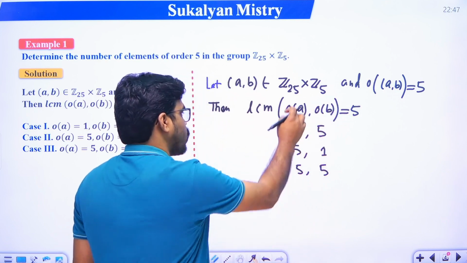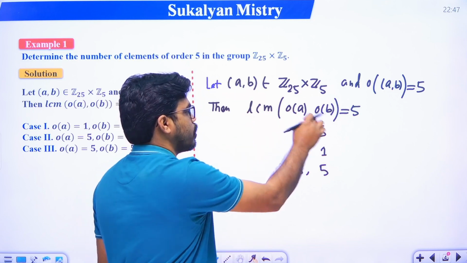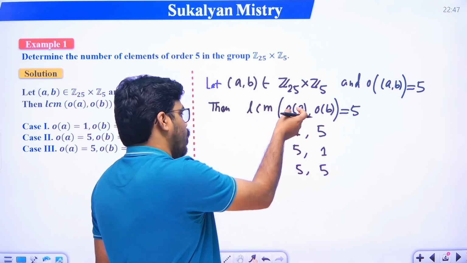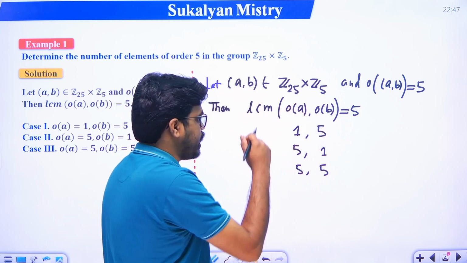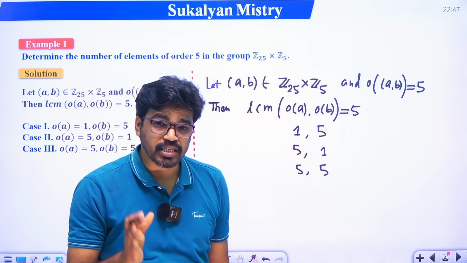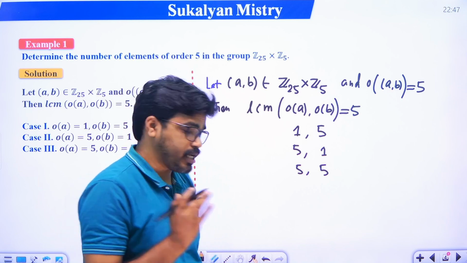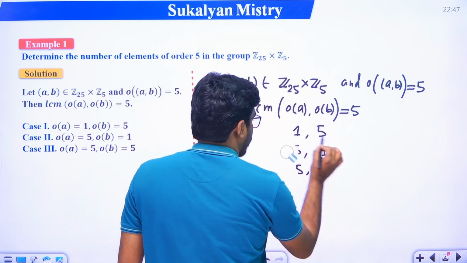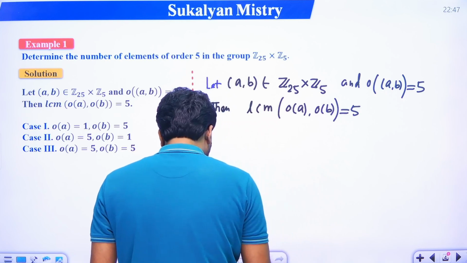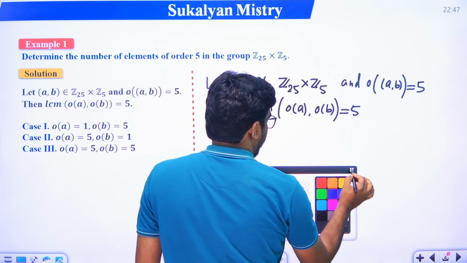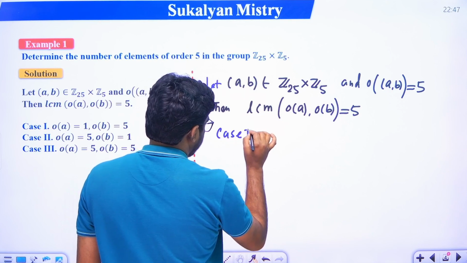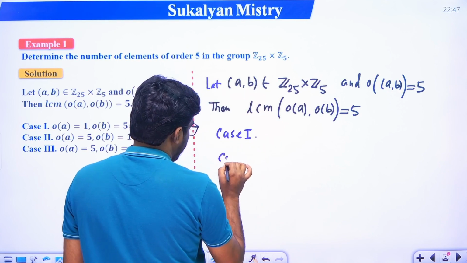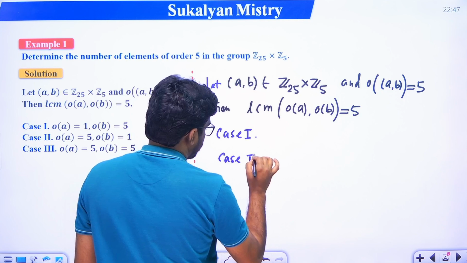Right? So order of A is 1, order of B is 5, order of A is 5, order of B is 1, order of A is 5, order of B is 5. So these are the three possibilities, right? So we have basically three cases. Case 1, case 2,